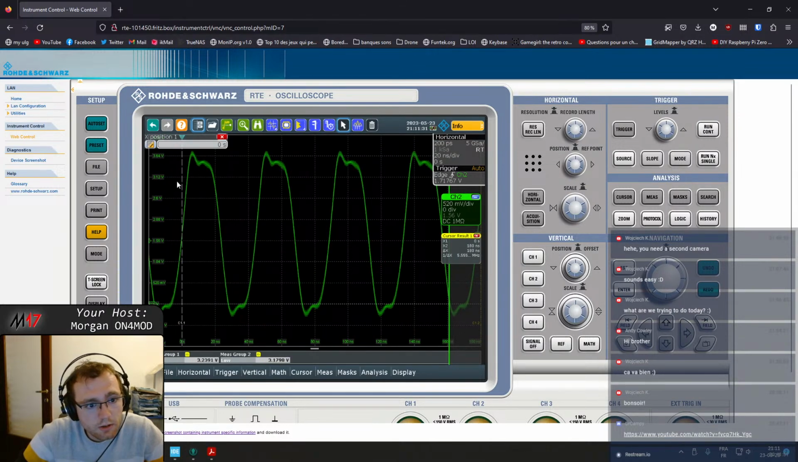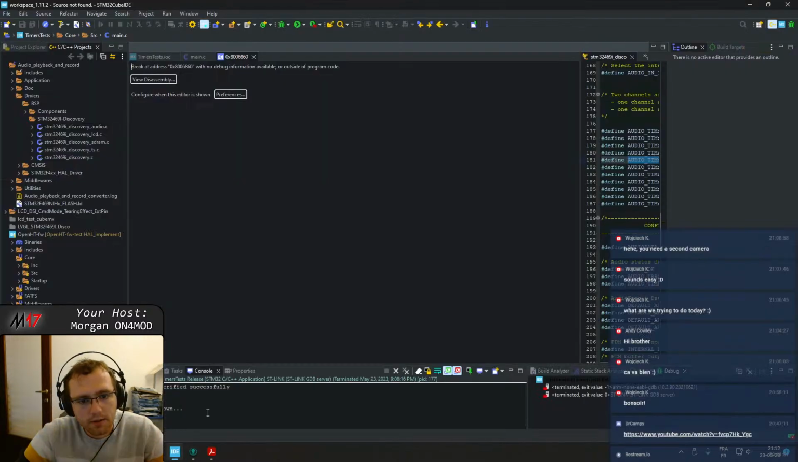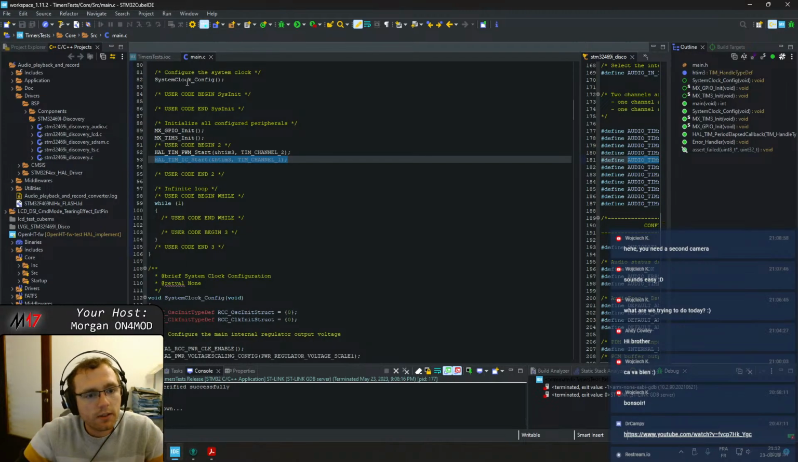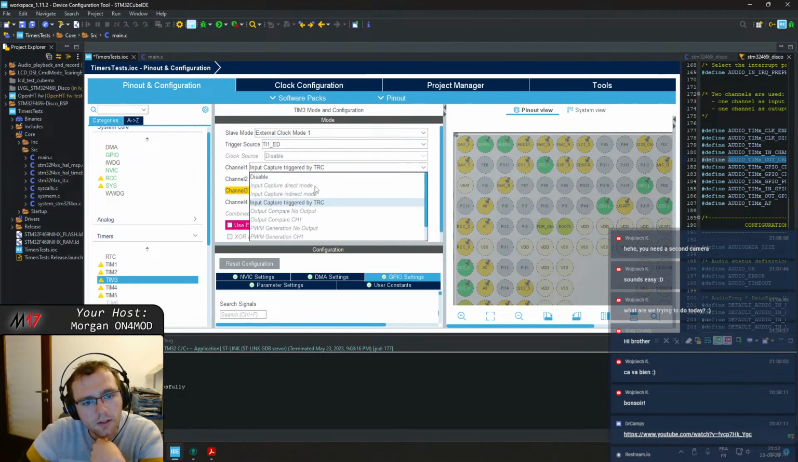Okay, so here is my signal, which is super fast, way too much. So that's not good. So let's see. Yeah, I think I should put it in external clock mode 1 actually. Or maybe just to see,